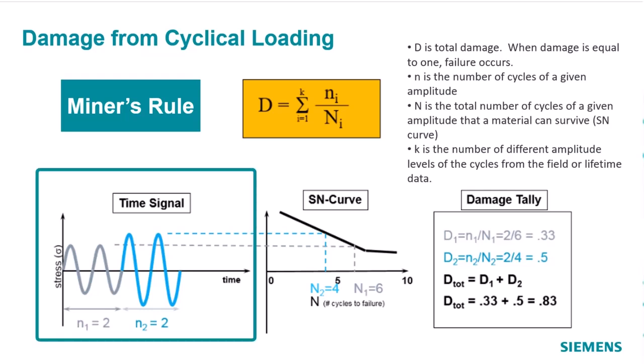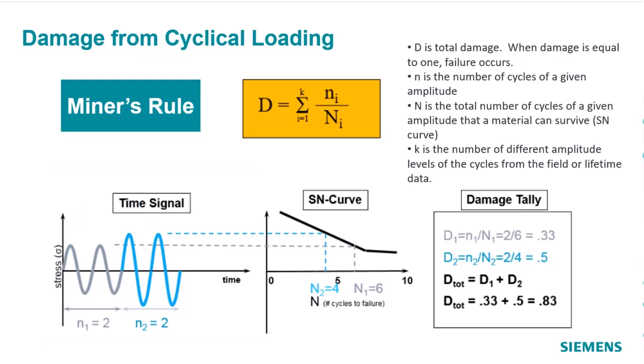So for example, if you see here, there is a cyclical loading pattern like this: 2 cycles as shown by this gray curve, and then 2 cycles in this blue curve. Blue has the higher amplitude and the gray has the lower amplitude. What Miner's rule says is that you can compute the total damage from these 2 cycles at this level of stress in this gray by referring to the SN curve and finding the total number of cycles to failure for that. So there are 2 cycles experienced in this gray amplitude.